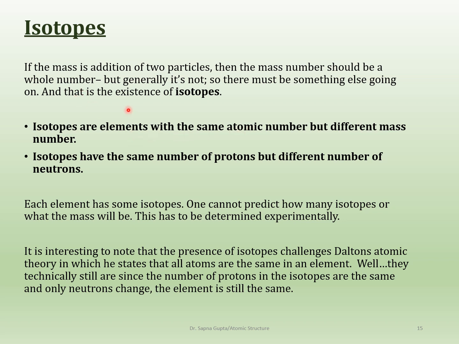If they have a slightly different mass, then what is going to be different about them? The number of protons cannot be different, because if you change the number of protons, you change the charge also. Remember, protons are positive. So the only thing you can change is the neutrons. Neutrons are neutral. If you change the number of neutrons, you don't change anything else except the weight. That's exactly what is different, which also means that the identity of the element is exactly the same.